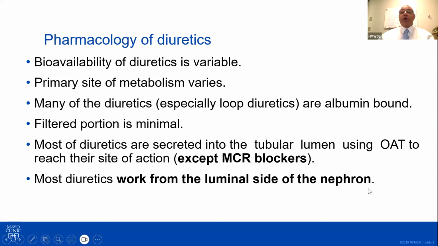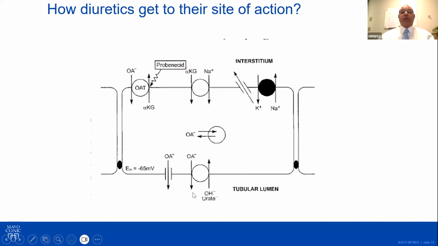So if you have a low GFR state, low blood flow to the kidney, it's not going to be easy to deliver the diuretics to the site of action. So how do diuretics get into the lumen of the kidney? This is the blood side, this is the luminal side, and there is an organic anion transporter here